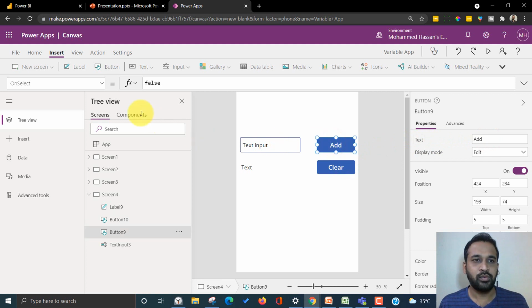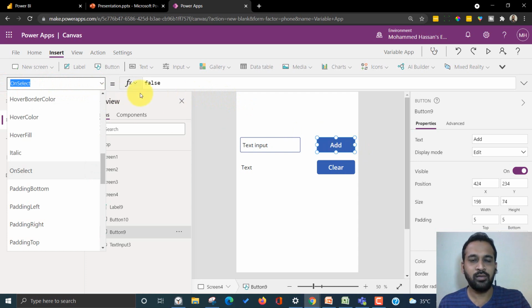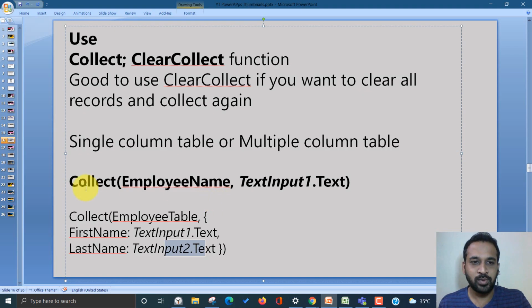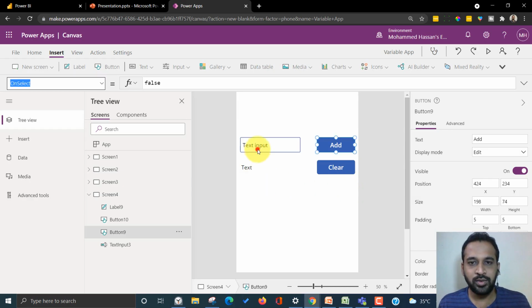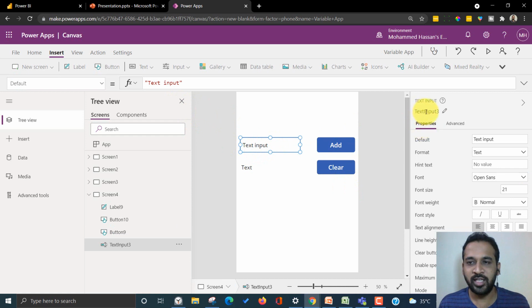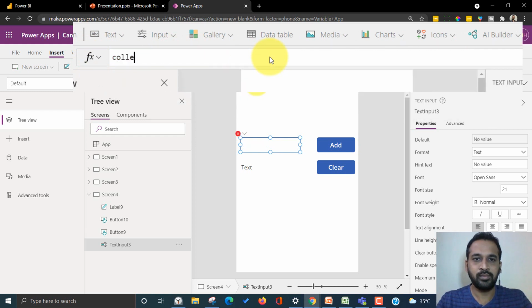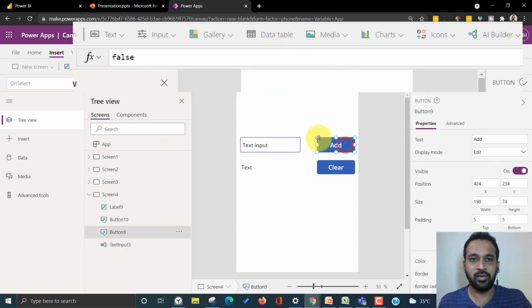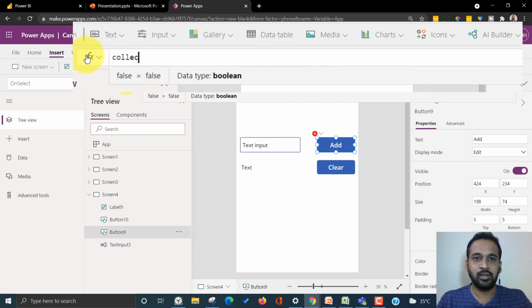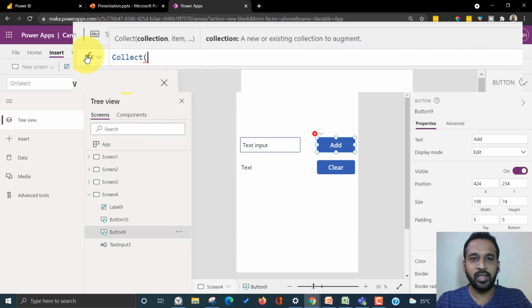Now in Add, this is the OnSelect property of this button, and I'm going to add this one, Collect employee name, text box 1. As you can see, this is text box input 3, right? So what we can do, I'm just going to type here Collect. Sorry, I need to click on the button OnSelect and then Collect, and the collection name, employee name,